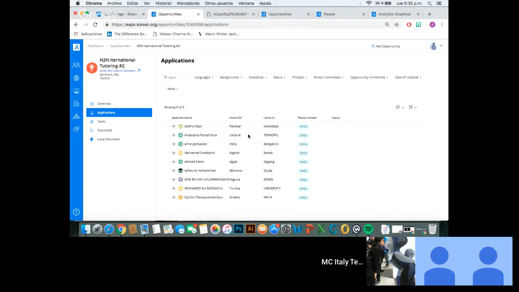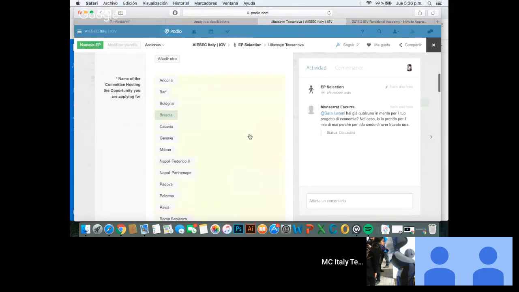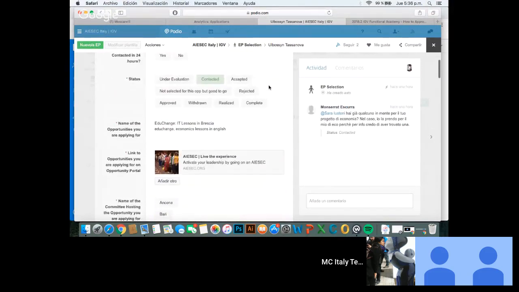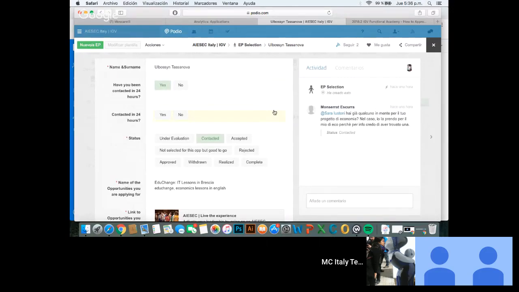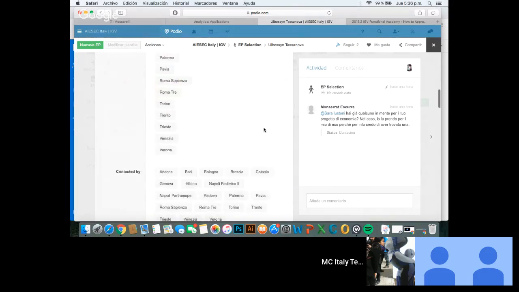So this is how you can manage, for example, applications to all your opportunities, and how to make your EPs get approved to come to do the project. But the most important thing, coming back for a moment to Podio, for this part of selection and management of EPs, is always also to update the status here. You can also understand how much progress the EP has made so far, and if there is another kind of call to action that you need to manage